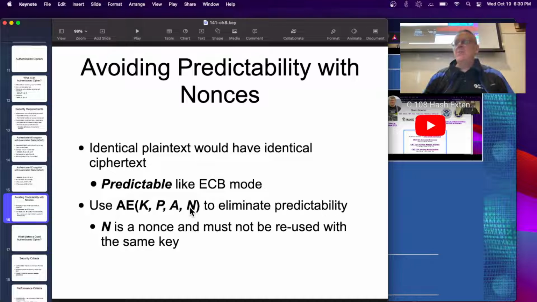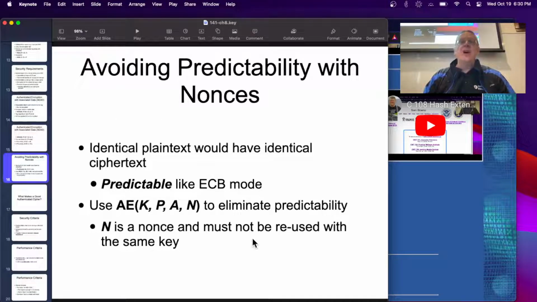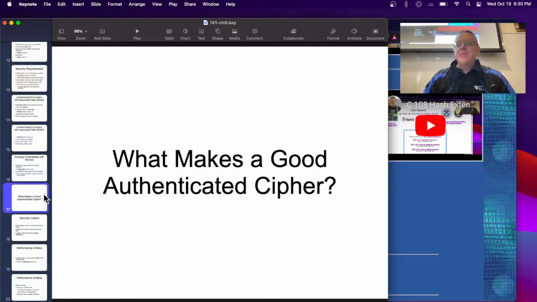You just have to have some system of generating nonces that doesn't repeat, and you don't want to reuse the nonce more than once. That's what nonce stands for, number used only once. All right,